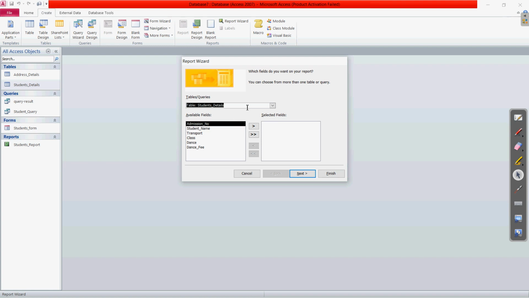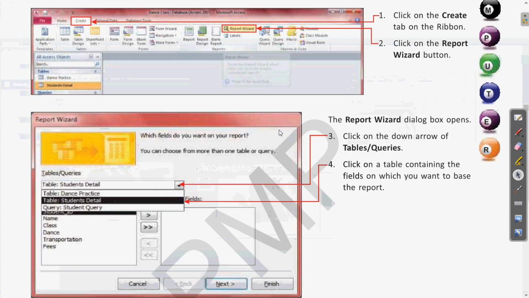Right now, let us choose a table. Whatever object we choose, the field names of that table will be shown to you below this in the Available Fields area. Again, what are the steps? If you want to select a single field, we can double click on that and it will be added to the Selected Fields. Clear? Or you can use the double arrow and it will bring all the fields together. This way we can move the specific fields from the Available Fields to the Selected Fields area. So this was step 1.